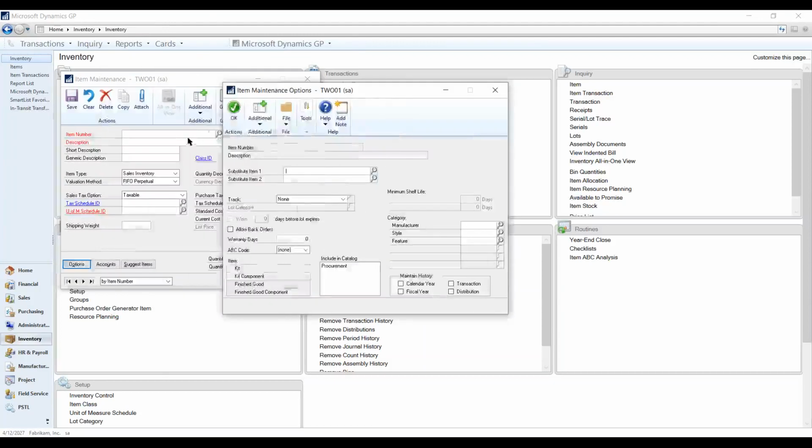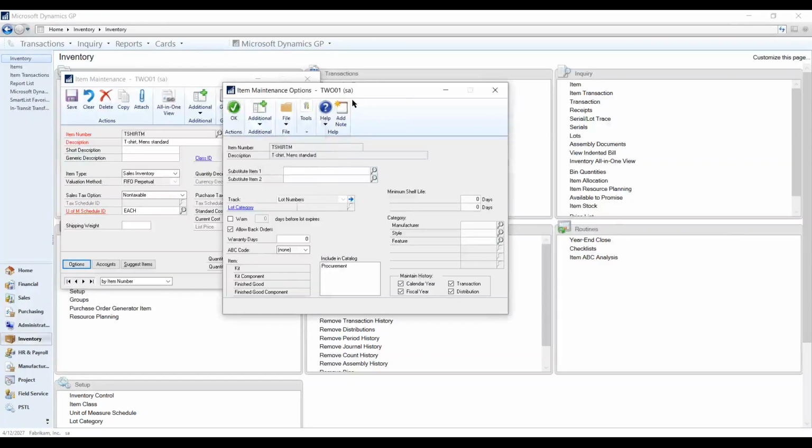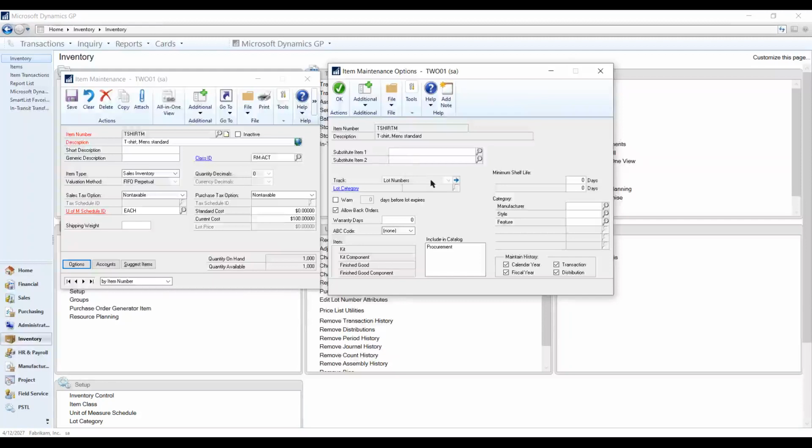In here, let me pull up that t-shirt. Let's see if I sufficiently messed things up. Okay, so it's still in there as the M. So when I go to options, you'll notice that I can't click on this dropdown. The reason that I can't do that is that I've already done transactions with this and I have inventory in